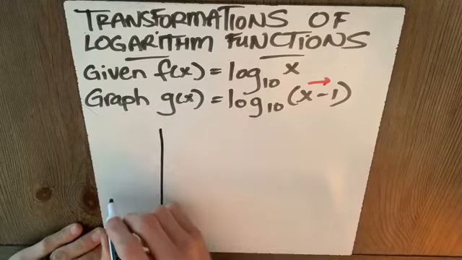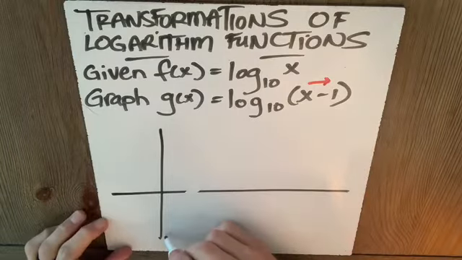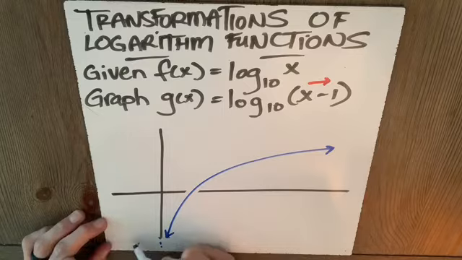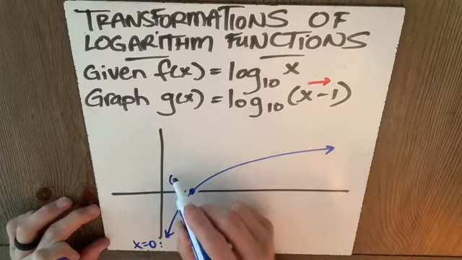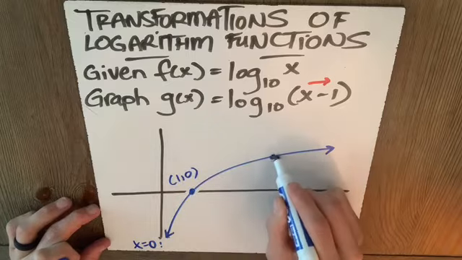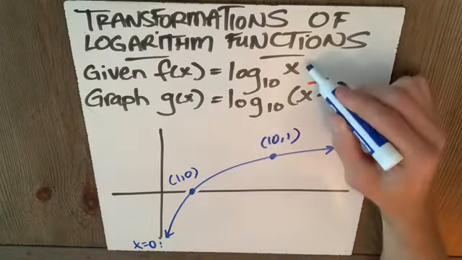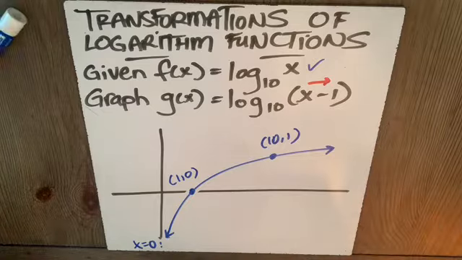So here is a sketch of our parent function. I know the parent function looks something like this, and it has x equals 0 as a vertical asymptote. It's going to go through 1, 0 and 10, 1. That's this function here. Now, if I'm going to move it all to the right one, look what happens to